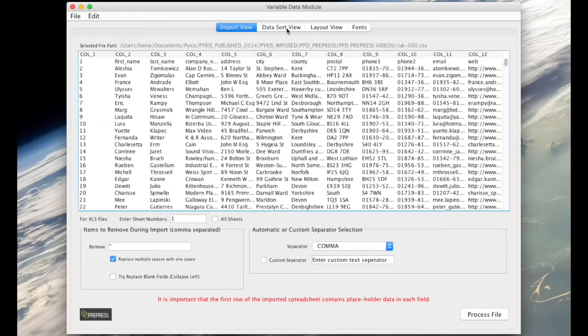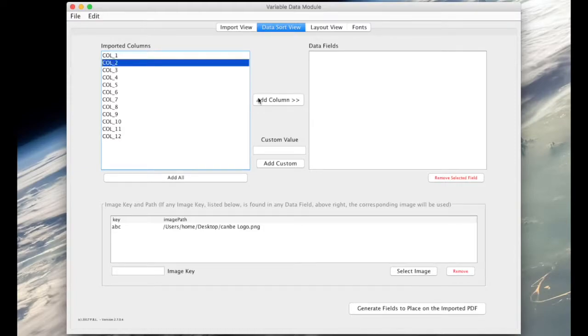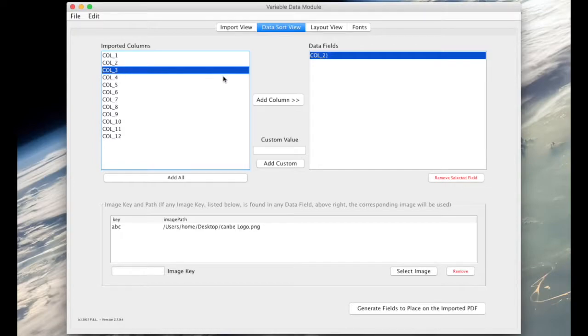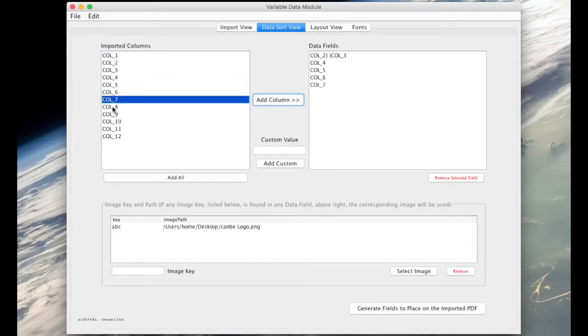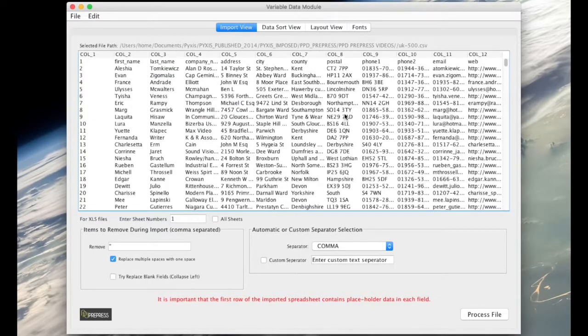We will then switch to the data sort view, where we will add those columns to our fields list. We will join the first name with a space, which we enter as a custom value, and then we will add the second name, which is column 3, after the space. We will then add each of the address columns in turn up to column 8. As you can see, the postal code is in column 8, which is the last column we need from the